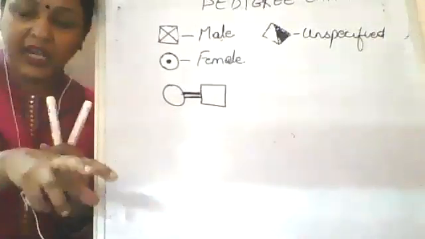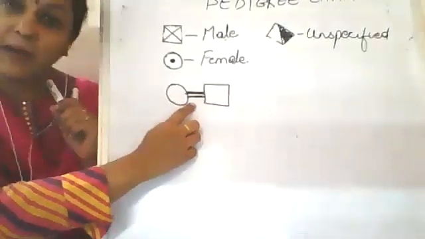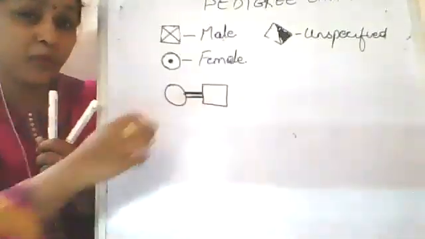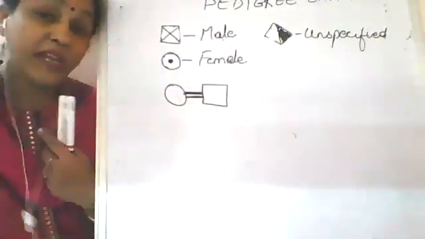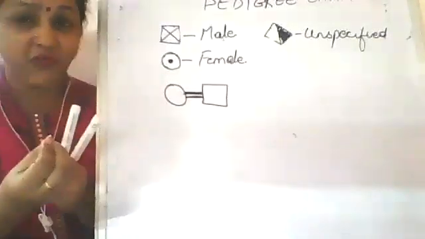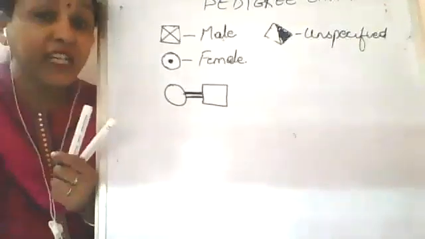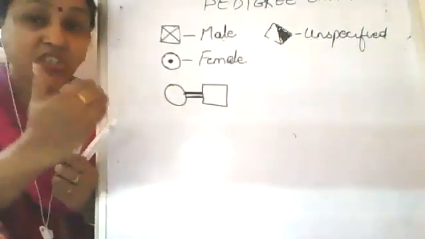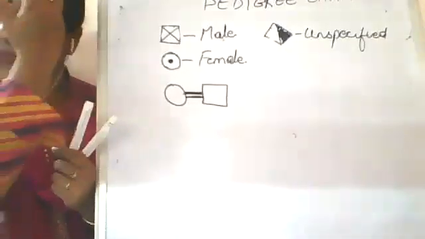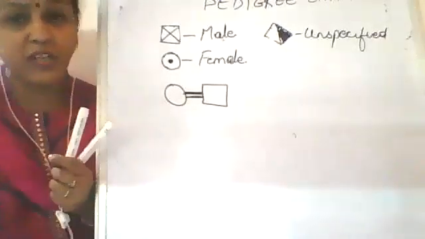So in case the marriages are taking place between first and second cousins, we show it by a double line. Why is it problematic? Why do we need to mention this? Because of consanguineous marriages, that is marriages between immediate family members or between first and second cousins, which increases the chances of genetic diseases amongst children. That is why earlier it was not advised to get marriages done within immediate families.